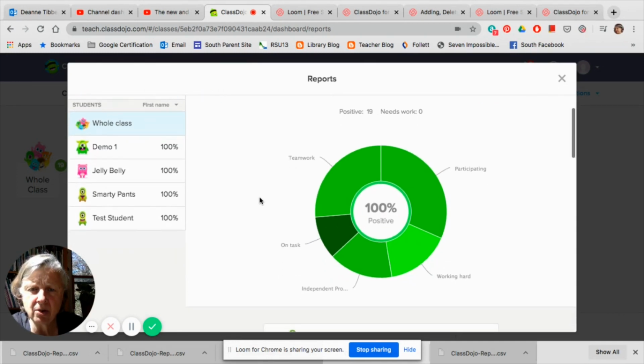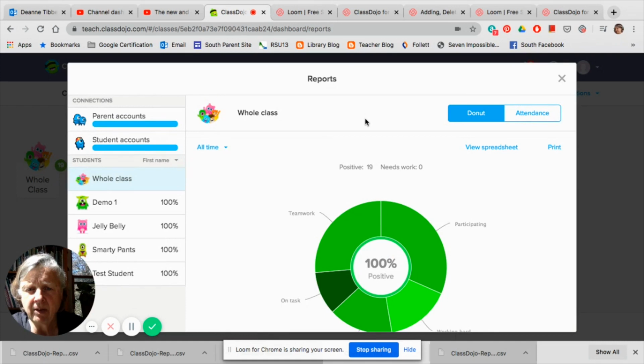The graphic here shows you how many points have been awarded for each skill. So my class received 5 points for teamwork, 6 points for participation, 3 points for working hard, 3 points for independent problem solver, and 2 points for on task. And we had a total of 19 points awarded. If I want to see this as a spreadsheet, I can click on View Spreadsheet